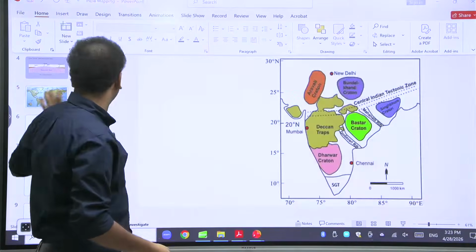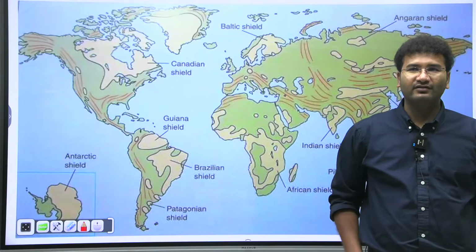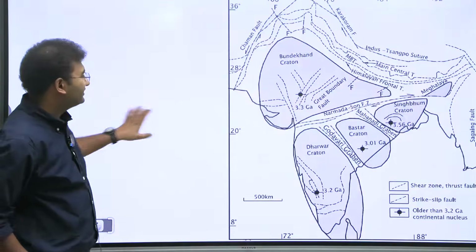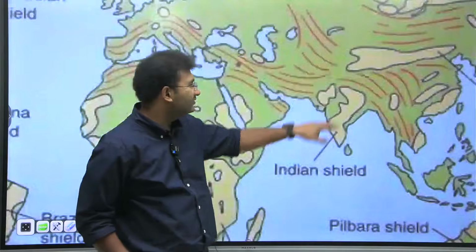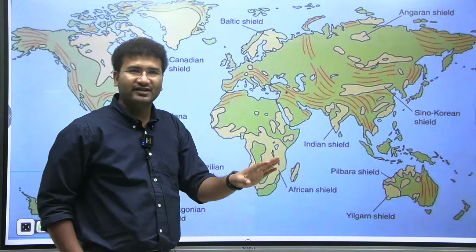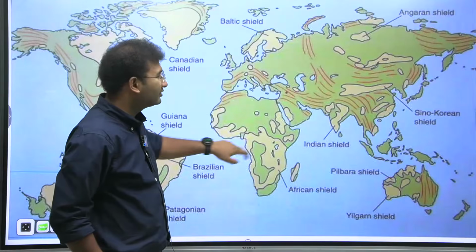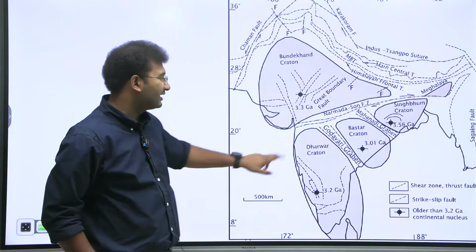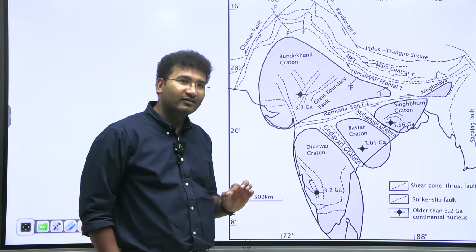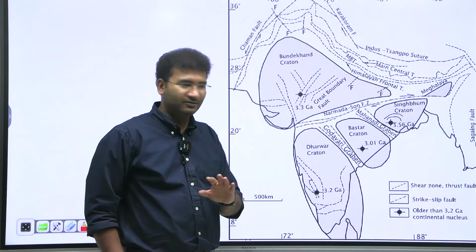When you look at the global side, have you heard of the Canadian shield? How many of you have heard of the Canadian shield? Bundelkhand shield. Look, these are the original land masses, the ones you see in dark color. बाकी सब alterations, ठीक है? कभी टूटा फूटा बाद में बना है, temporary land masses हैं. But these are the original land masses. This is your Dharwad craton. जहां craton होगा, वहां mines and minerals मिलता है, right? Mines and minerals, the possibility is there, I'm telling you.